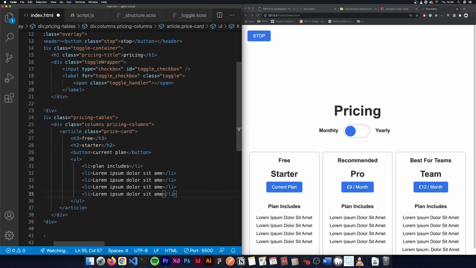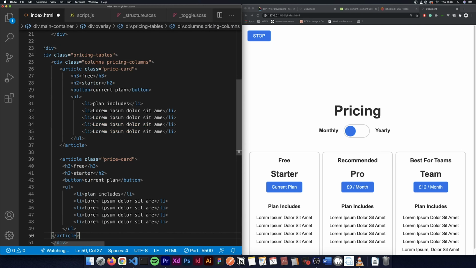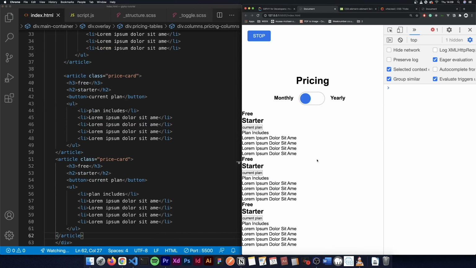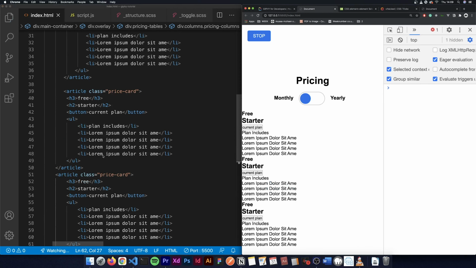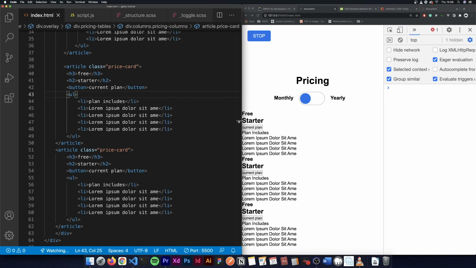Now I'm just going to copy this. So we can do all three. See how it looks. Yep, got all three. We just need to add in the different ones. So we need